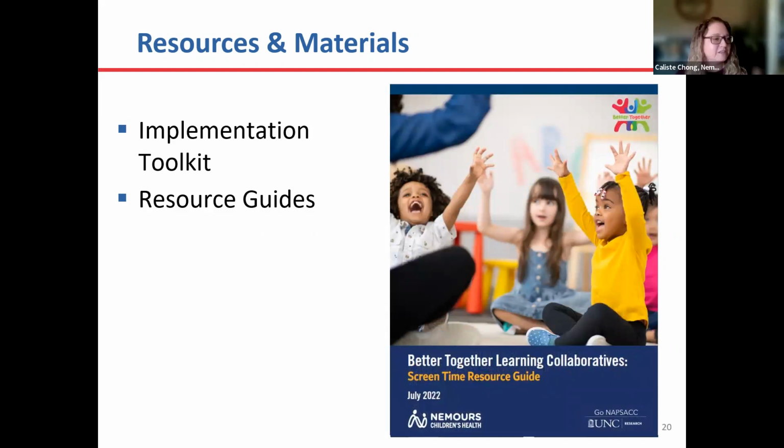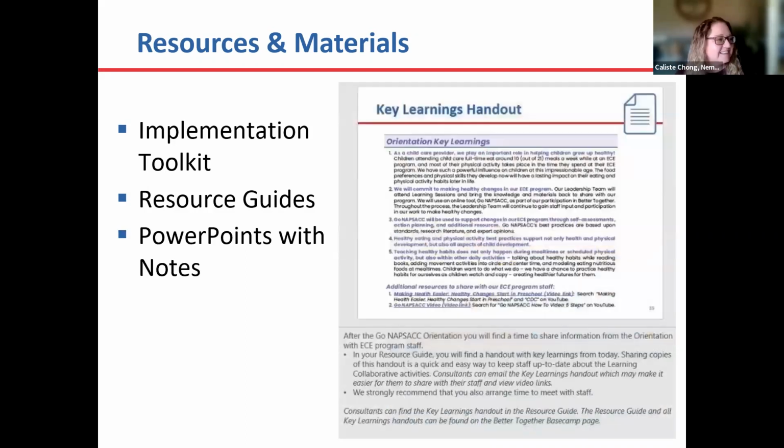And I'll share that the screen time cover, the picture is my most favorite picture that I've seen in a really long time, because the kid on the left is just so joyful and just so into the activity that's being done. But anyways,